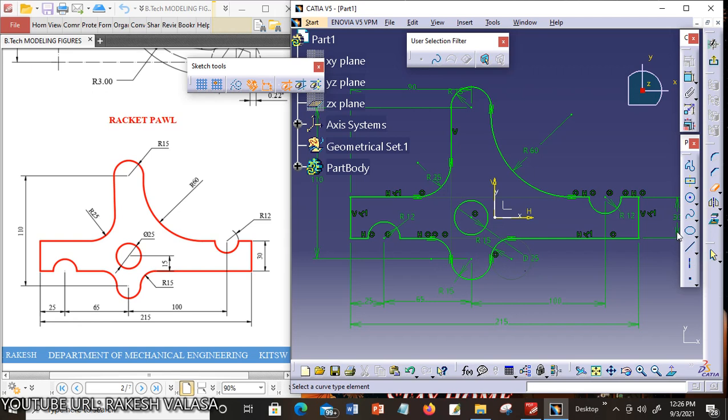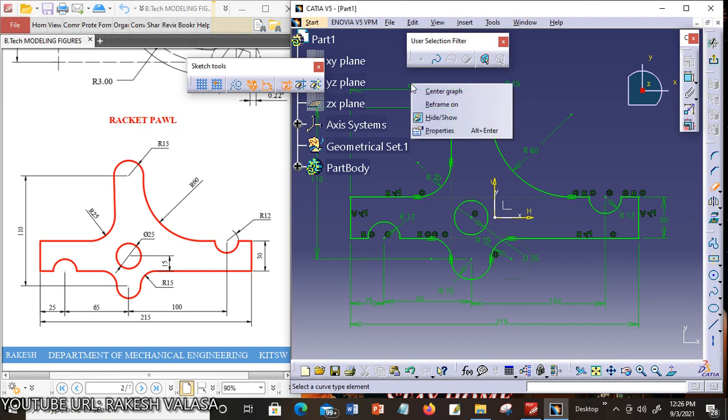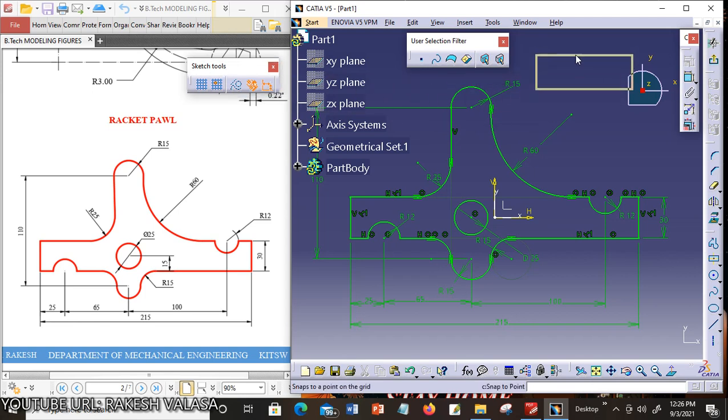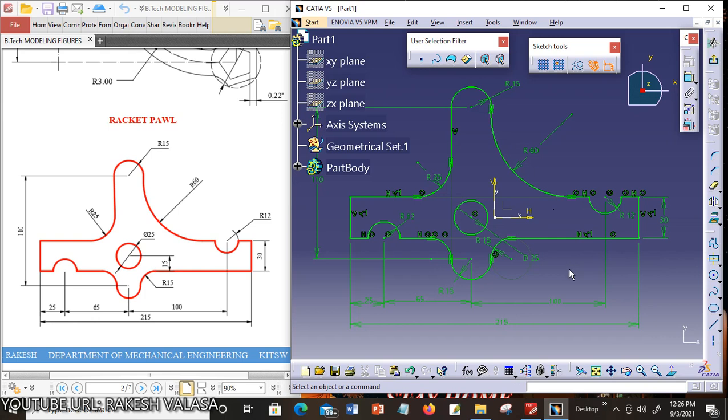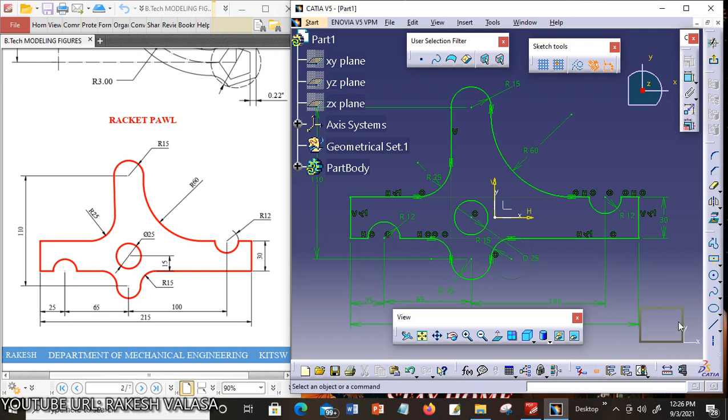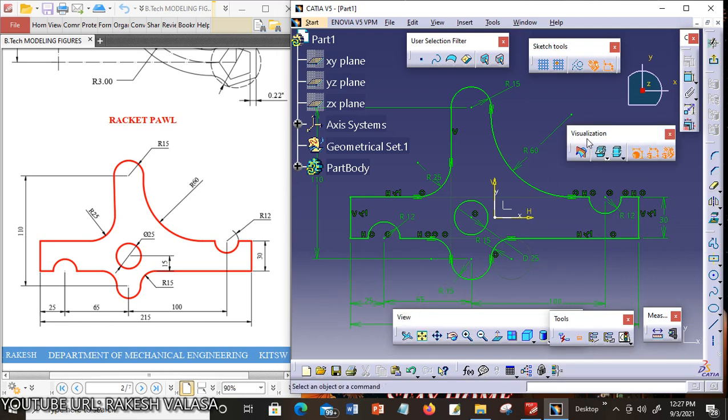After completion of the sketch you can adjust the dimensions. Now you can see here, this is the visualization toolbar.